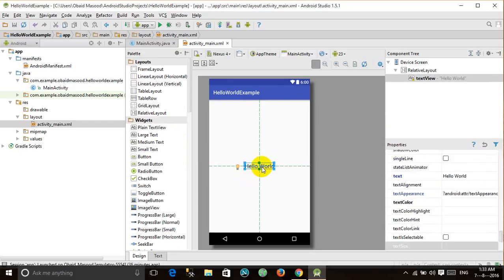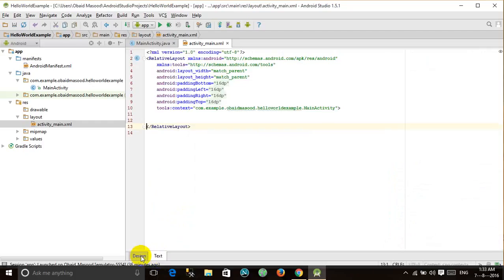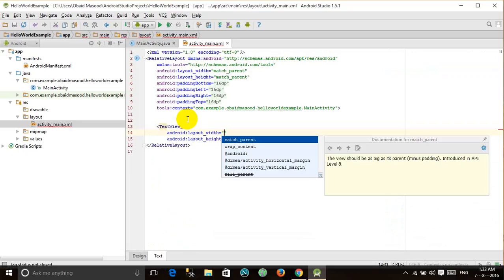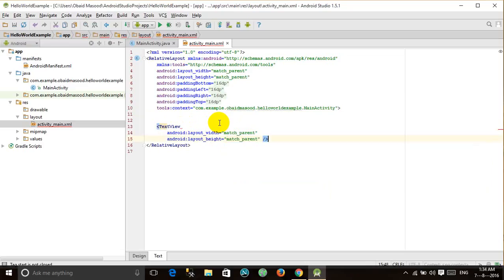If you don't want to do this and want to use code, come to the text part. Here this is the design part, this is the text part, and come over here and write text view. What is match parent, what is wrap content, we will be talking about this, or let me introduce these things now. Match parent means that the width of this text view should be according to the relative layout, because the relative layout is the parent of this text view. So if we select match parent, and this height also match parent, and then we give it text of hello world,